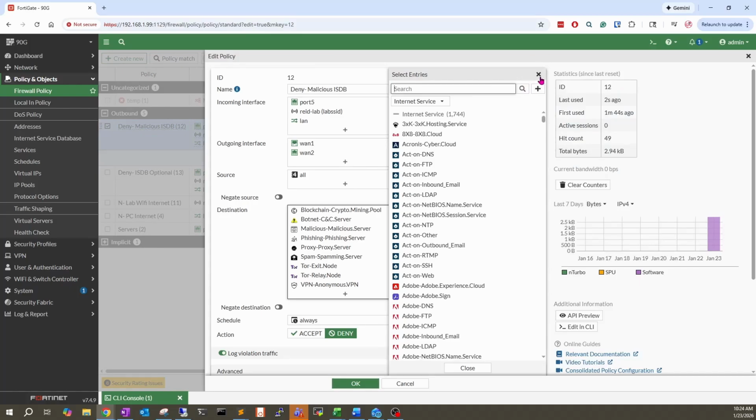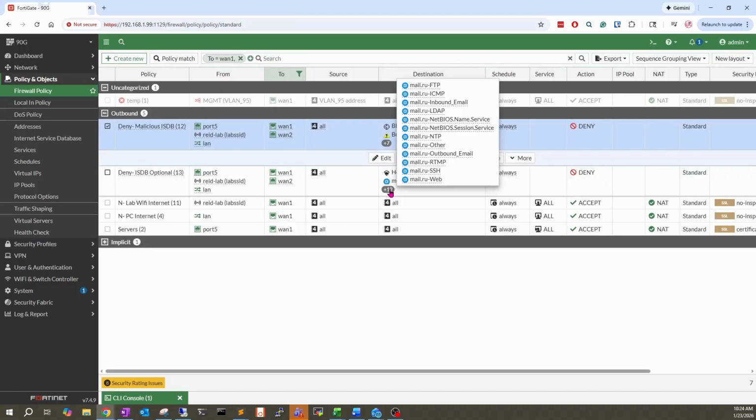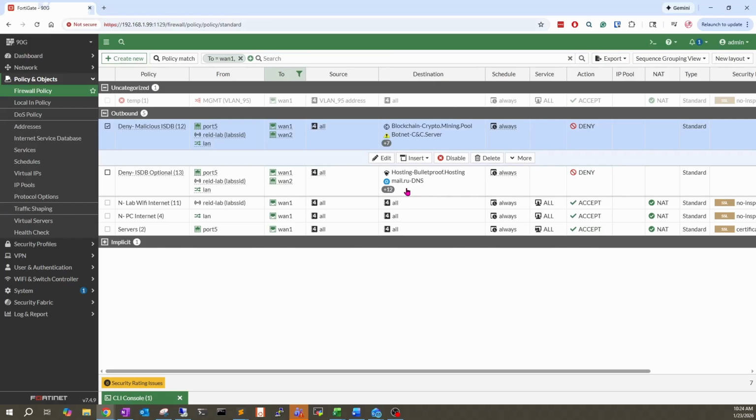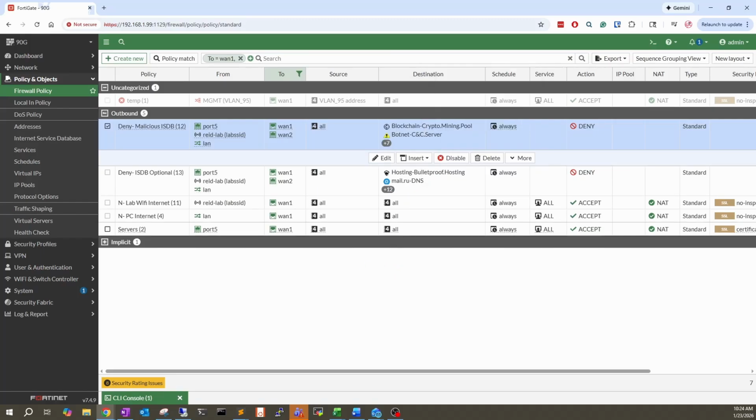So that's just a quick tip if you wanted to make this cleaner and not have all these individual objects, right? Especially if you're going to be putting a bunch of them. I don't mind this, but some admins are different. So that's it for the outbound ISDB, and now we'll get into protecting our internet exposed resources from the internet with